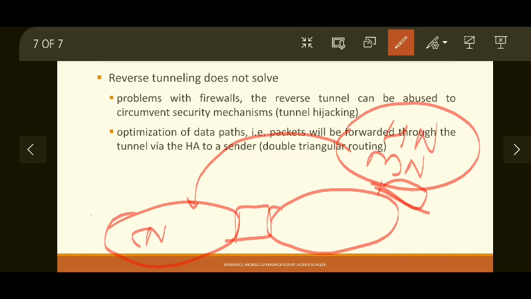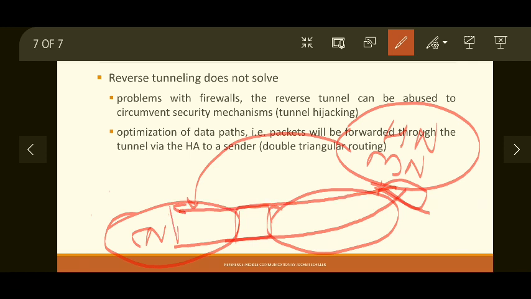Now what is triangular routing? When the CN sends a packet, it travels through the internet and reaches the home agent. The home agent understands that this mobile node has moved to the foreign network, which turns out to be the same network as that of the CN. So it resends the packet back to the same network.